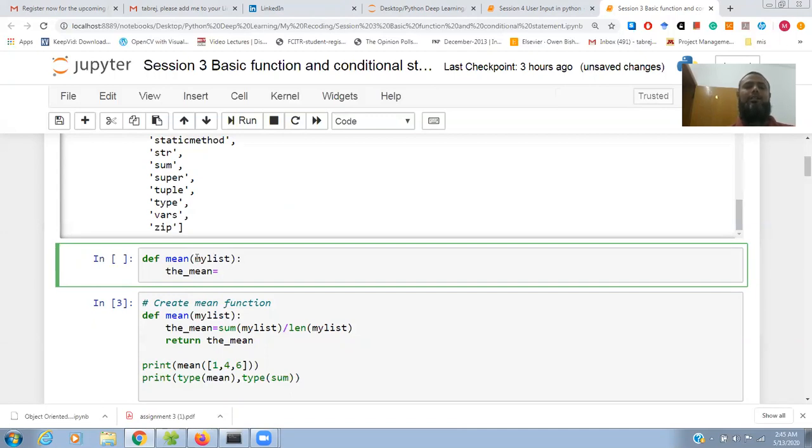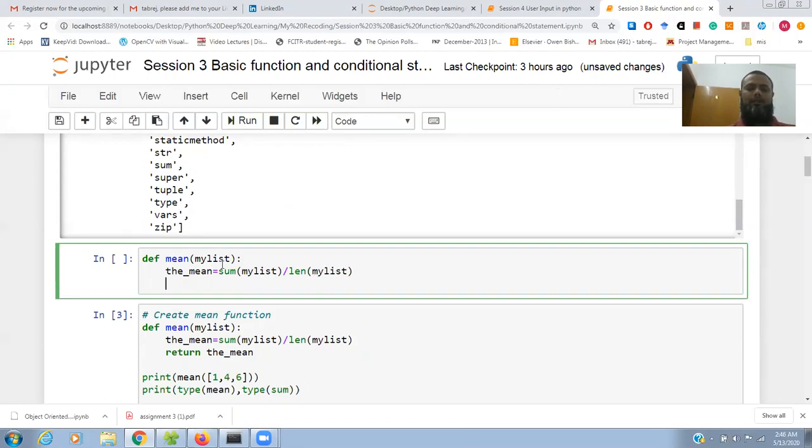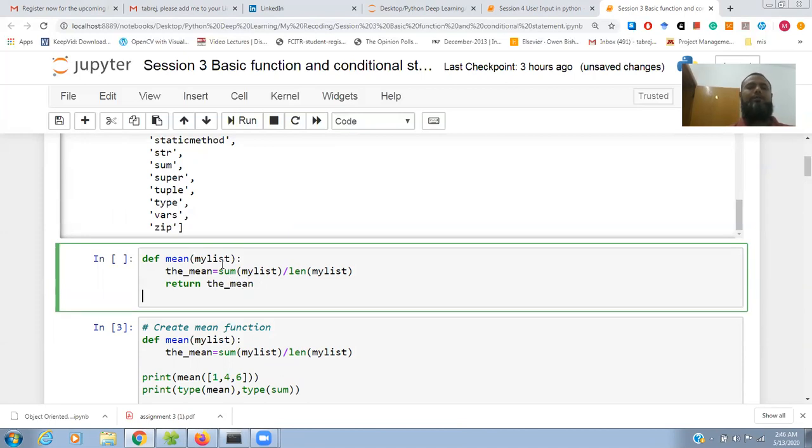We will take the list and add all the items, so sum of my list divided by length of my list, and finally it will return the mean. Okay, so this is my function.